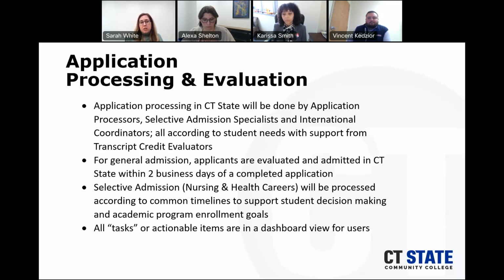And some of that limitation is really looking at particular college campuses being on their own versus one college of CT State, where now we can really share across to ensure that folks are filling those seats with really viable, eligible applicants. And then the last piece that I kind of want to mention here for processing and evaluation is